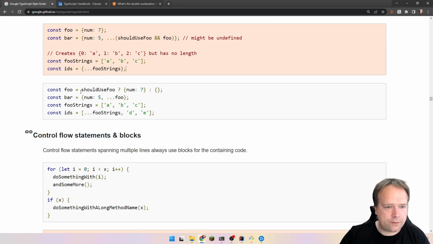So what should we do instead? We should say const foo should use foo. So this is a boolean. This is because first we ask if we should use it, and then we spread it afterwards. And